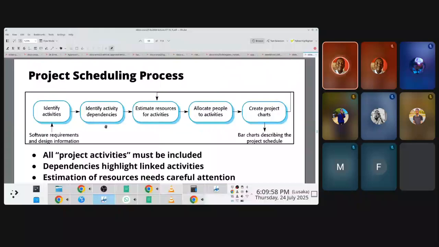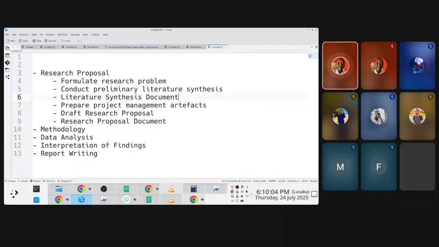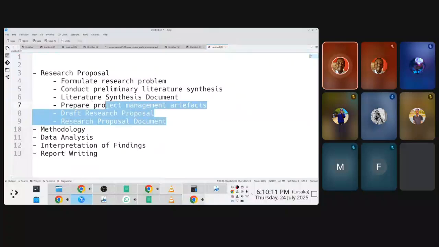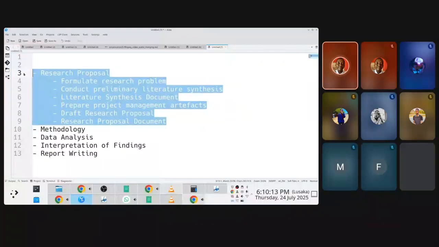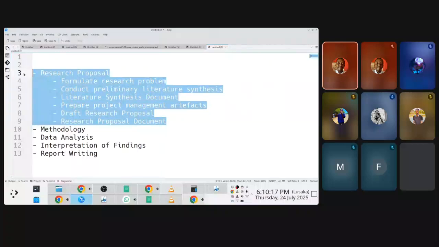Okay. Anyway, so what we are saying is that assuming we did this for all of these high-level phases here, we'd use all these activities as input. Okay. But before we can generate the charts, we'd have to